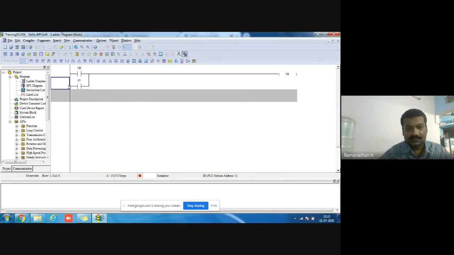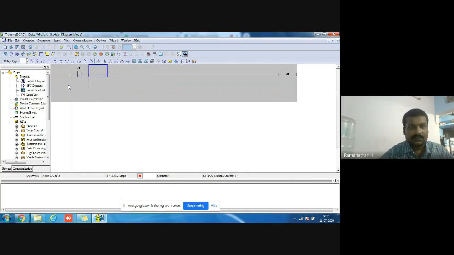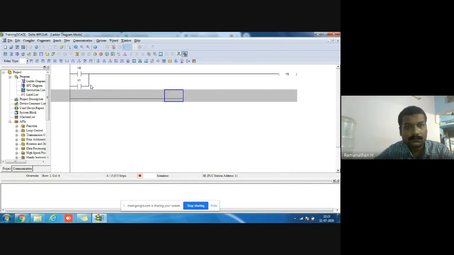Next one is the NOT gate, and then the XOR and NOR gates. You will see it.